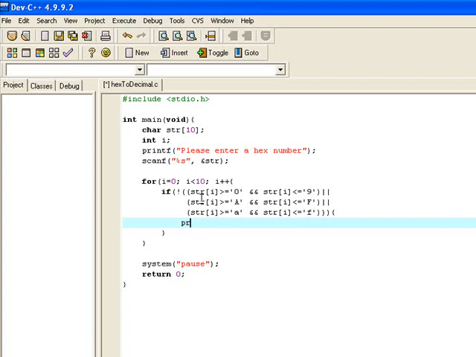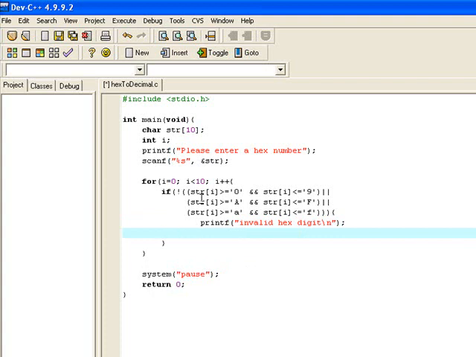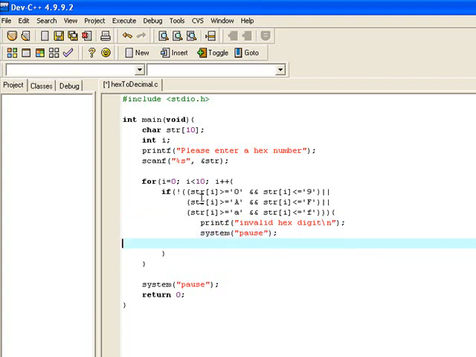So what I'm going to do at that point is a printf saying invalid hex digit. Now, unlike the previous program, what I'm going to do at this point is actually exit. I'm going to do a system pause, and then I'm going to do a return